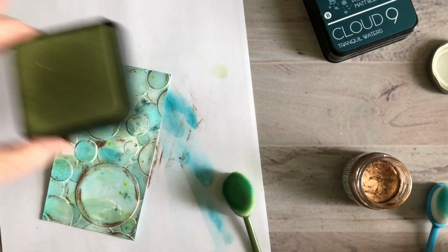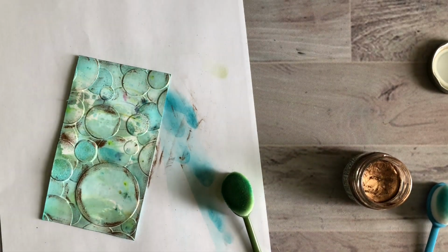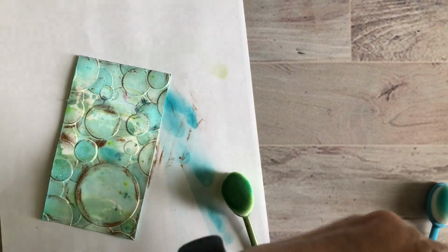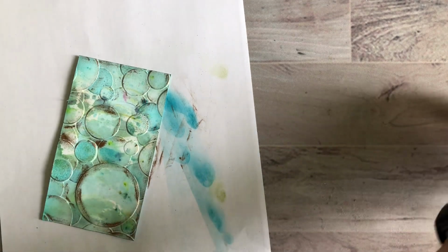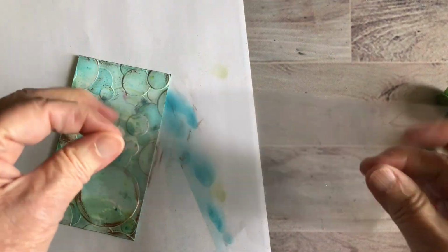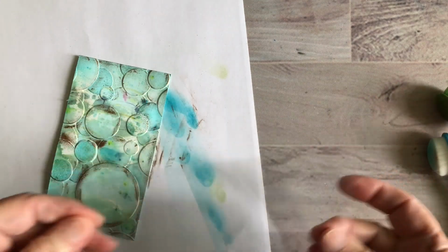Okay, so I'm done with the background. That's good. So I want to show you now how to do the shaker part. Now I purchased several acrylic sheets, and I'm just going to show you, this is hard to see on here, but I want you to see that it's very pliable. It's not really stiff